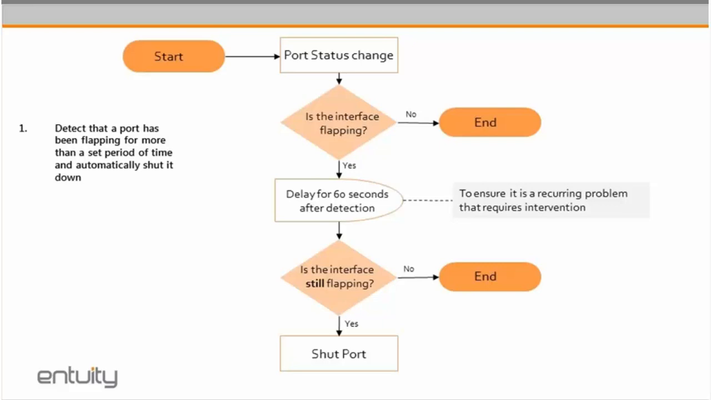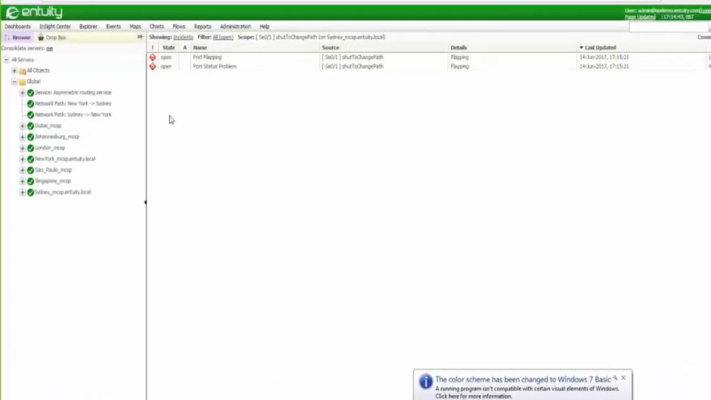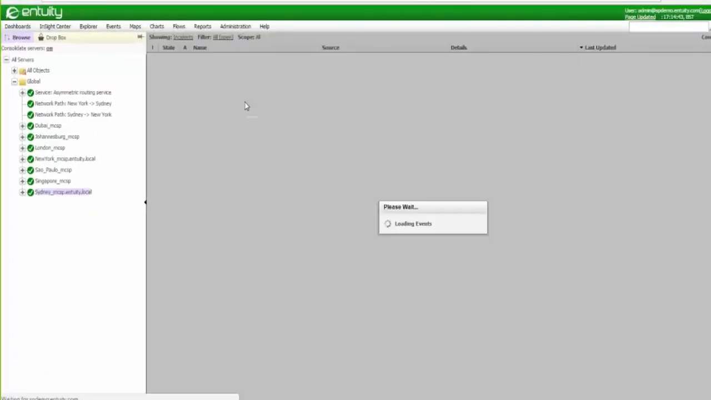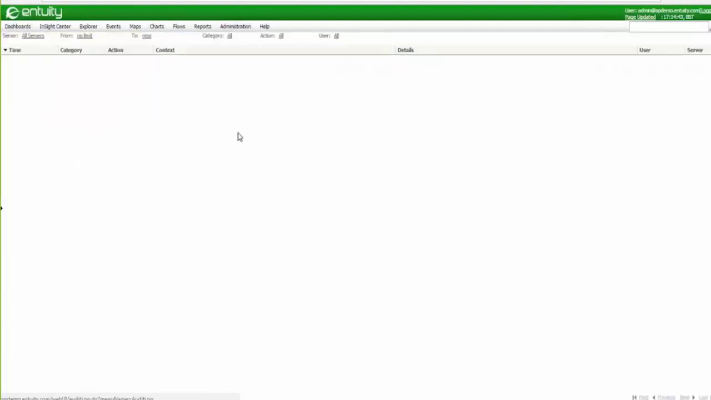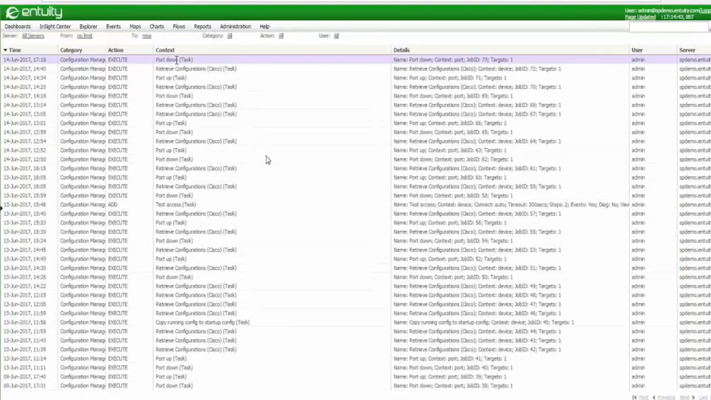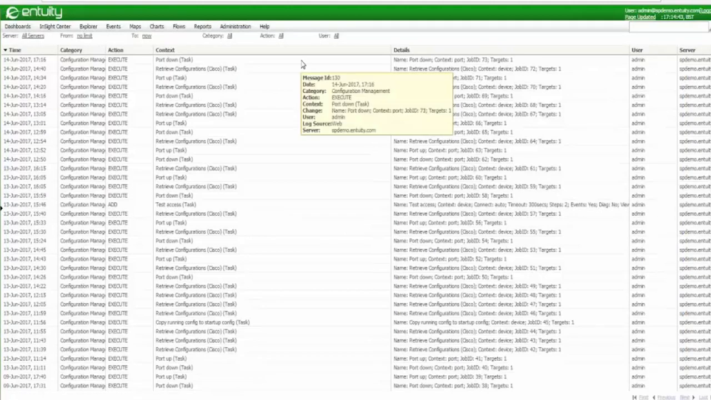So let's go back to my demonstration system. Again, JD, tell me if that's not appeared, but hopefully it has. So now what we're going to look for is whether that port down task has been executed, and it has. You can see 16 minutes past 5 server time, a port down task was executed by the system. And I can see that in my audit log, which is going to record all of my configuration management tasks,